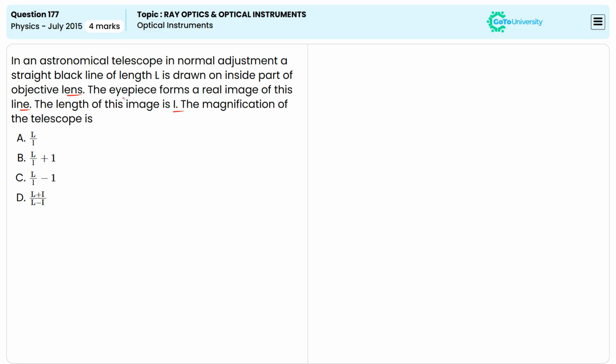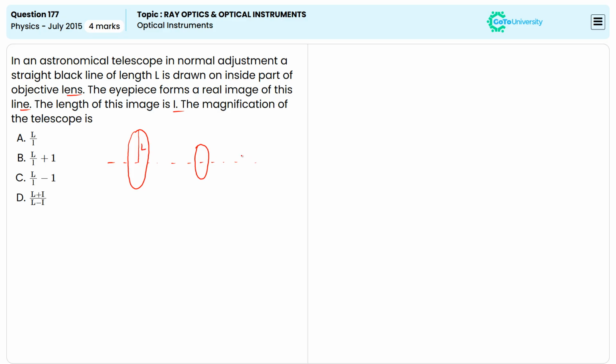Okay, let me draw a simple diagram related to this statement. On the same coaxial line, two lenses are there, that is the telescope. Assume this is the objective lens, and here is the eyepiece lens. Inside this objective lens, one black line is drawn with the length of L,